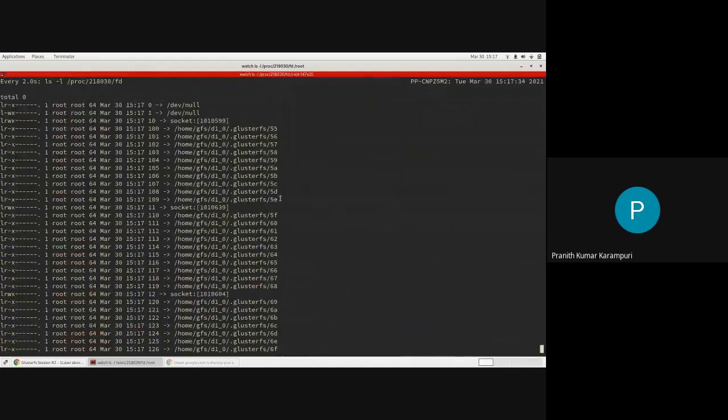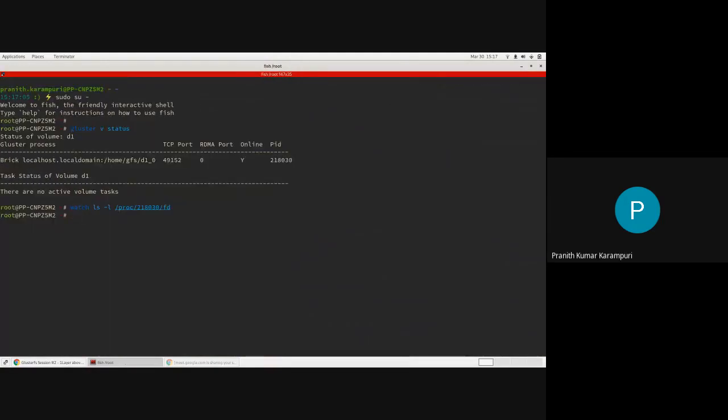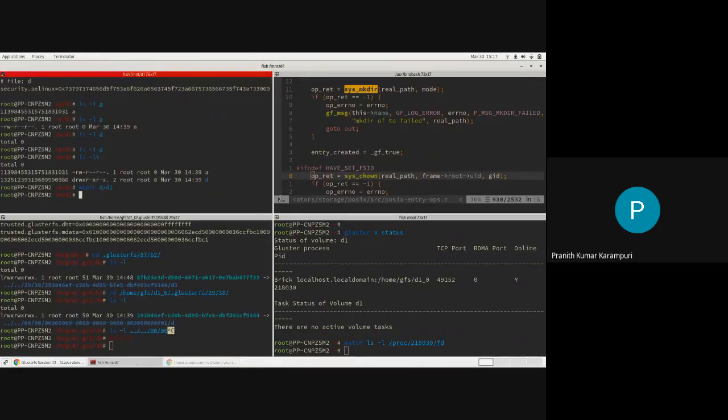So you can see that, okay, let me actually, if it is not showing everything, let me do a dd, 4K.